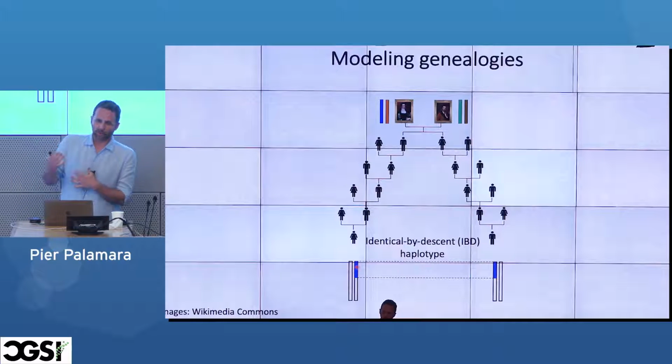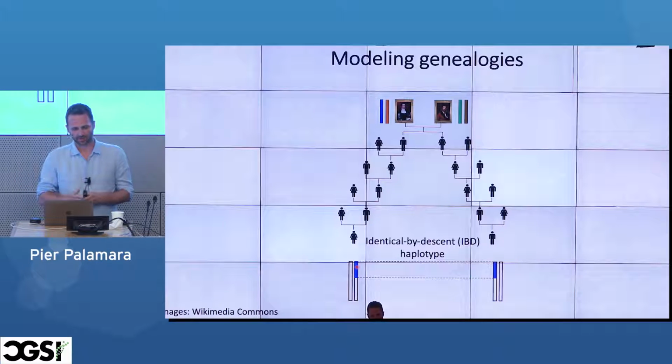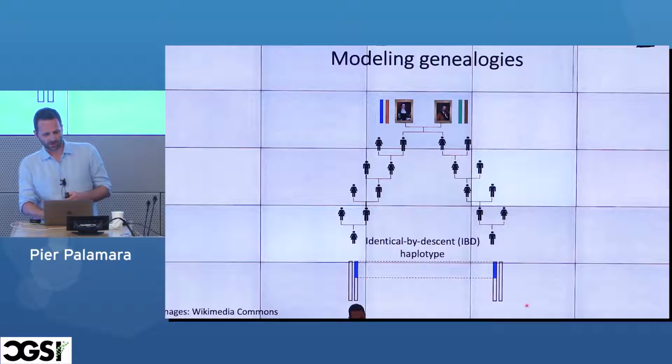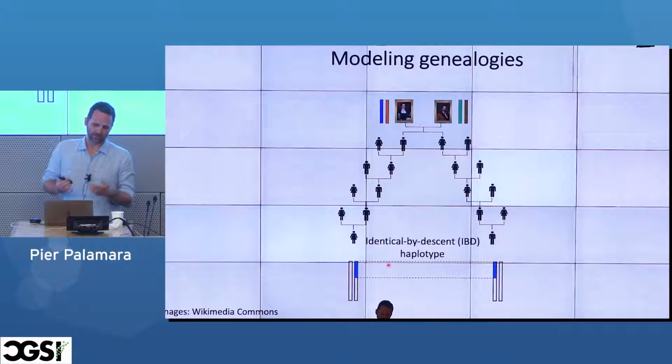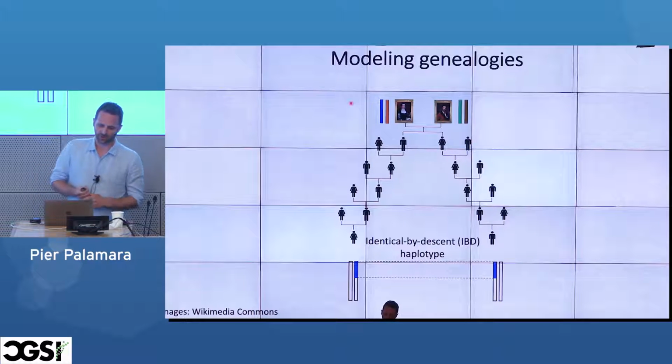So what happens if you have more generations? So if you have a pedigree that is a bit deeper, you have fourth-degree cousins in this case, so they share ancestors 5 generations ago. And it may happen, it doesn't have to happen, but it may happen that you share some regions of the genome, which is called identical by descent, which is coming from the same ancestor here. So this genome region for both cousins comes from this genome at the top.